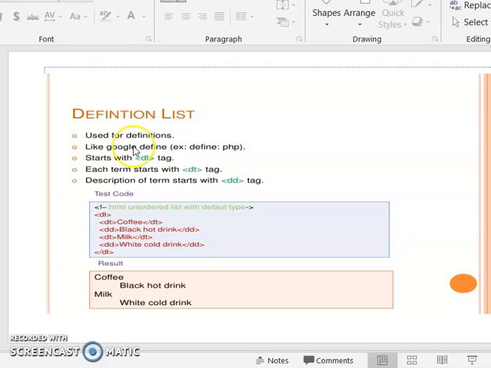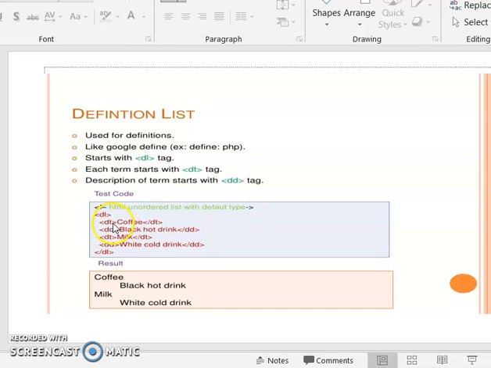Next is the definition list. A definition list is used to define something. The definition tag starts with DL and /DL, and anything we would like to display goes in the DT tag, and the explanation or the definition is in the DD tag.